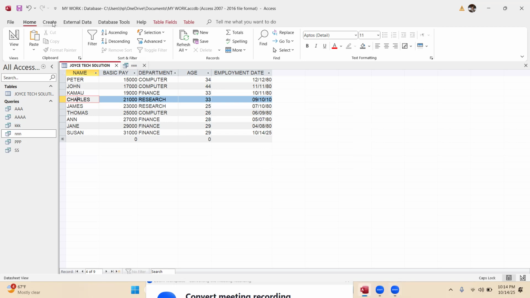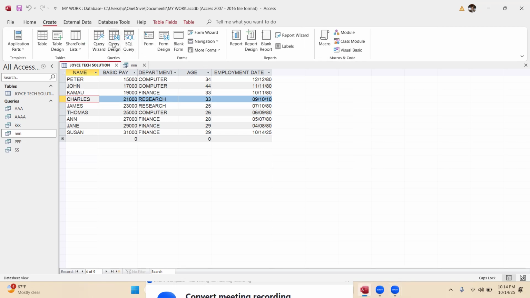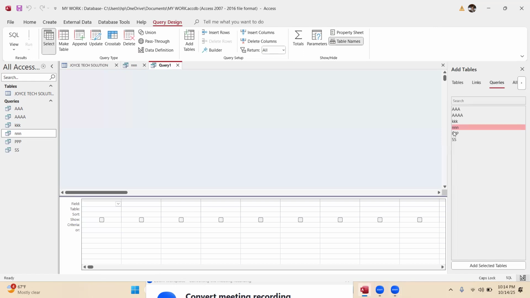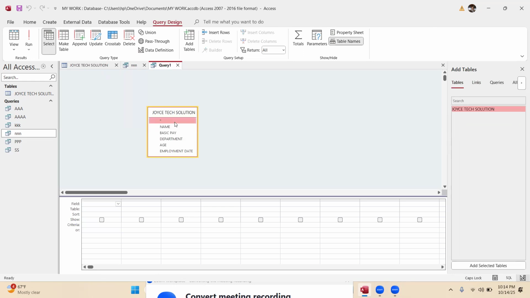Go to Create. When I click Create, I choose Query Design here. So I'll drag this. You see, this scenario may happen to you. You see now it's pointing on queries. Now you bring it back to table. Then you drag it like this. After dragging it, you can double click and drag it here. Now, basic pay that's more than 20,000. So I can hold Shift on my keyboard, then I press greater than